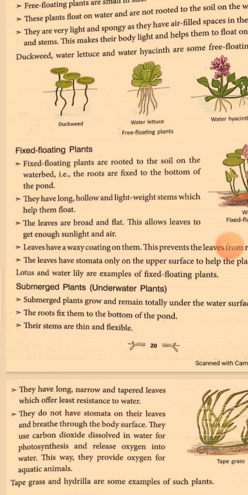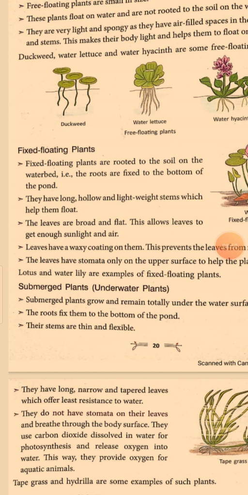Okay beta, this is the reason why you see green plants in the aquarium. Many times you will see green plants there in the aquarium. They are present in the aquarium so that they can maintain the level of oxygen for the aquatic animals, that is, the number of fishes you normally see in the aquarium. So this is the reason.